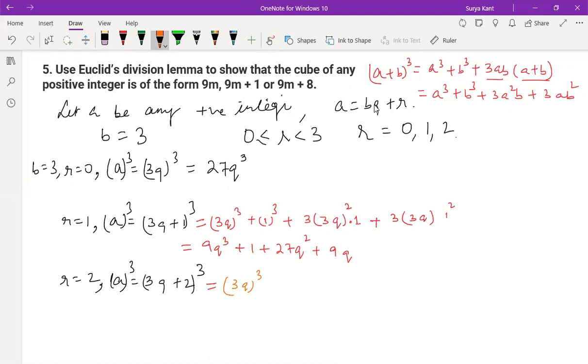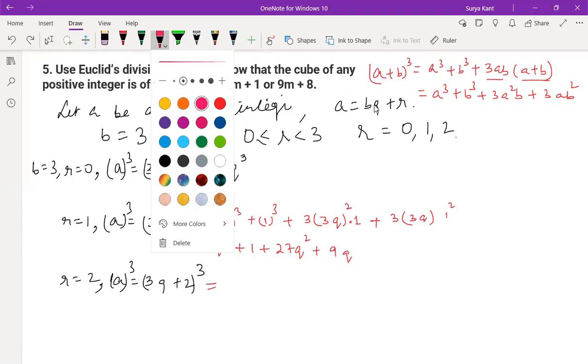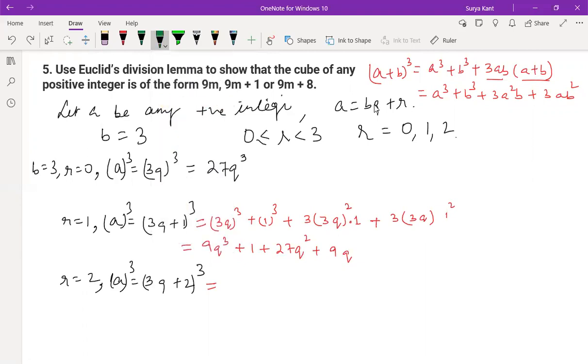It's better with some other pen. So in the previous step, it would be 27q³. This one you are saying? Which step you are talking about? No, where r is equal to 1. Yeah, exactly. Sorry for this. This is 27, yes. Again, this one is (3q+2)³, a³ plus b³